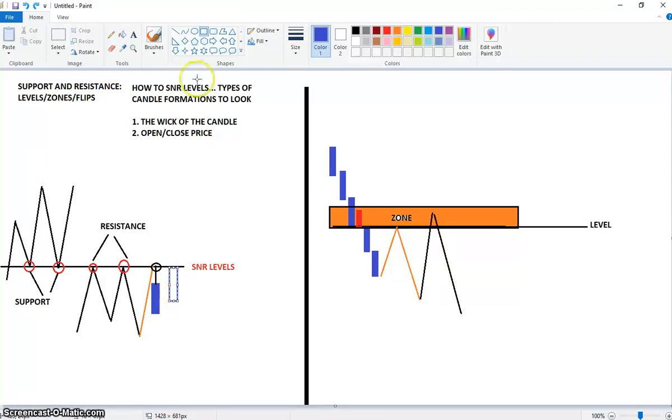That is where the candle body is touching the line. And this one can shoot up a bit. You see this wick is shooting above the level, okay? But the body, the open price,